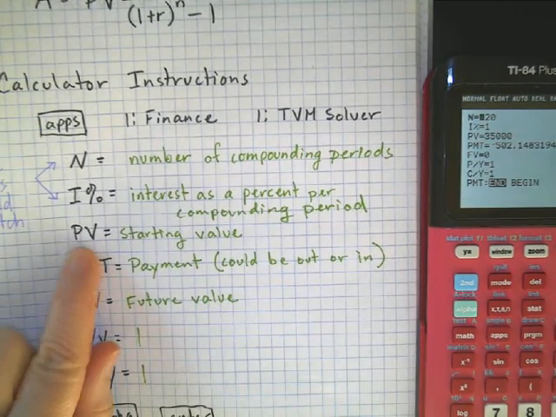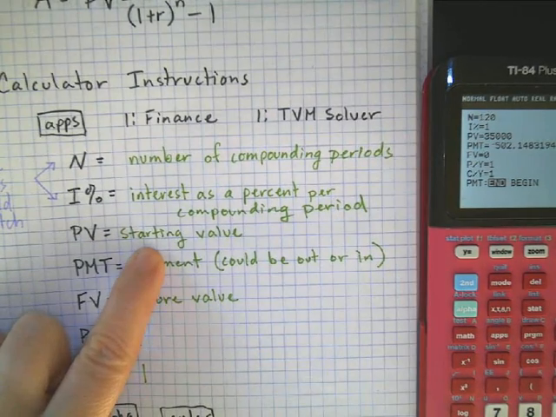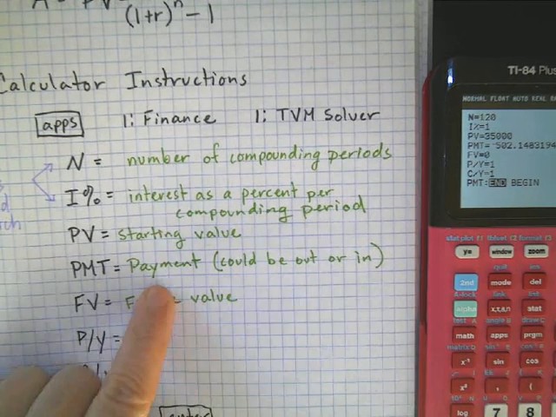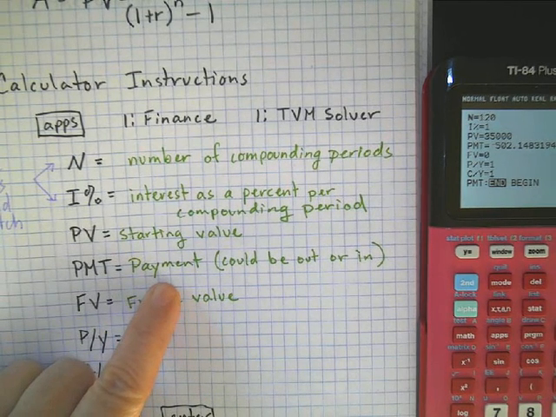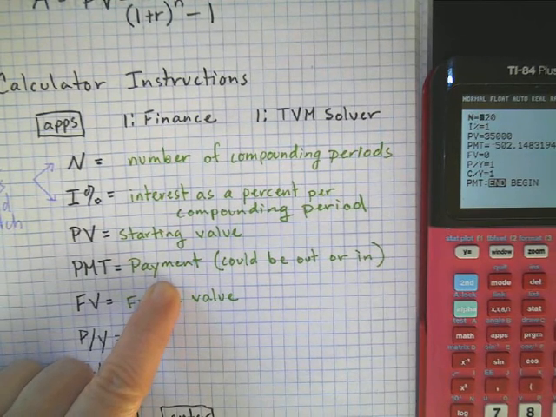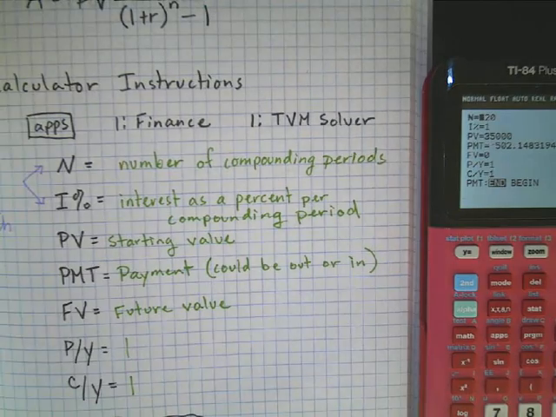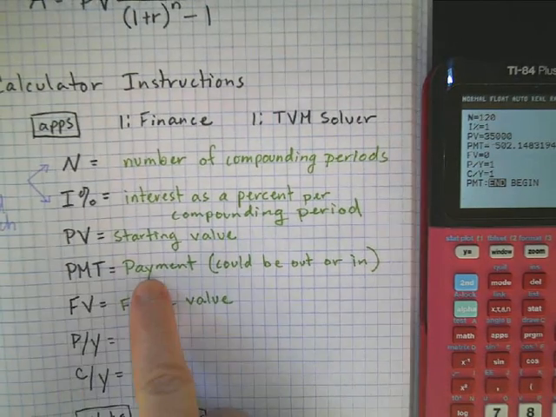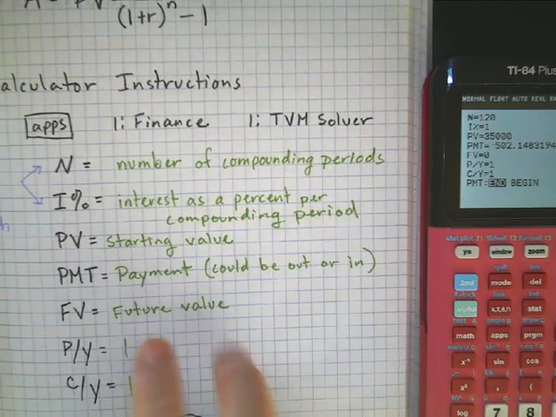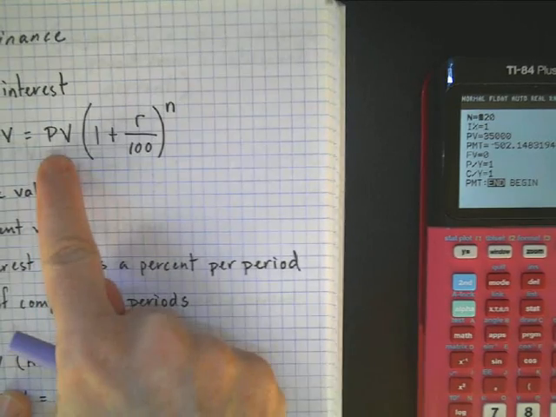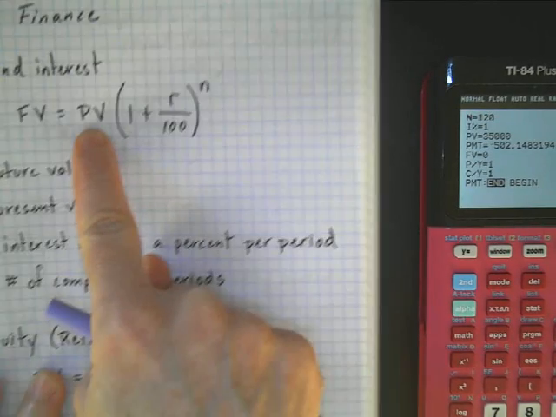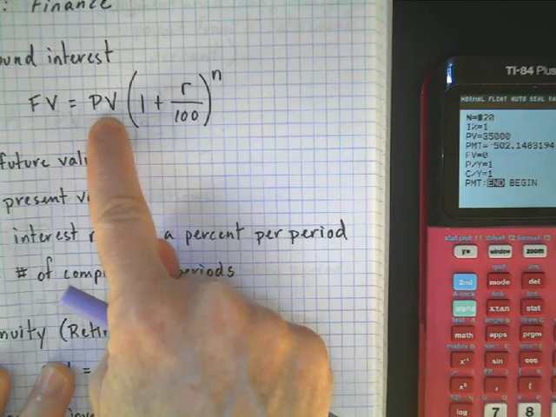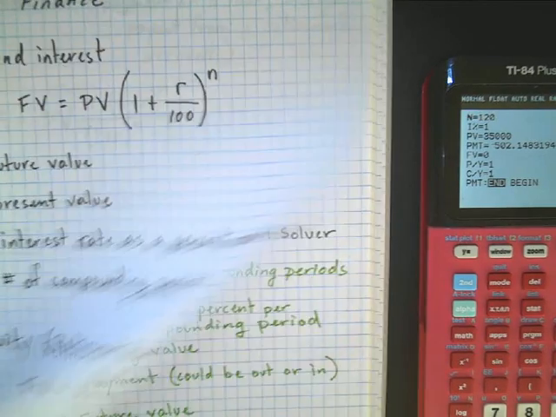PV, that's present value or your starting value. PMT is a payment. Okay, so this is if you're doing an amortization or if you're doing an annuity, you're saving money each month, you're putting in more money each month, and you would put it there. By the way, if you just have a regular savings account where you've put in a present value and then you don't put in any more money after that, you've put in a certain amount of money and it just sits there, then your payment would be